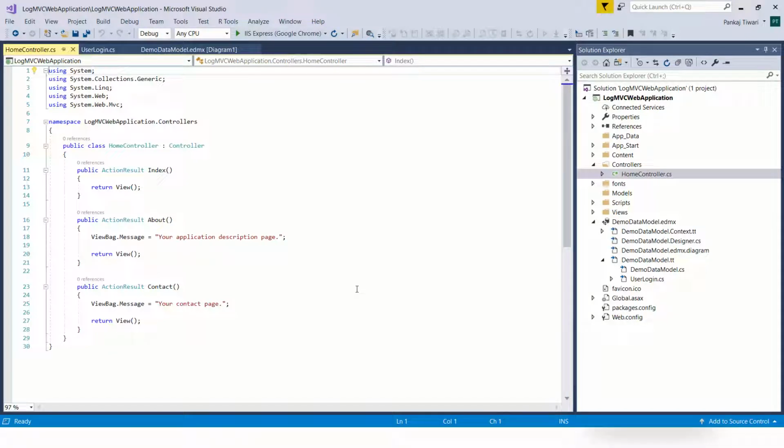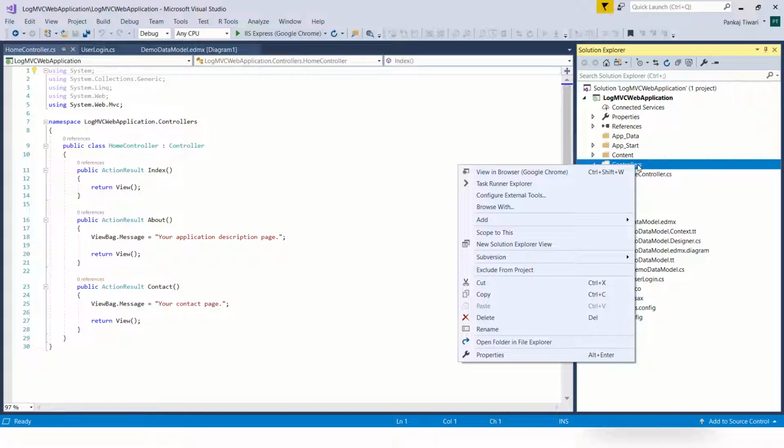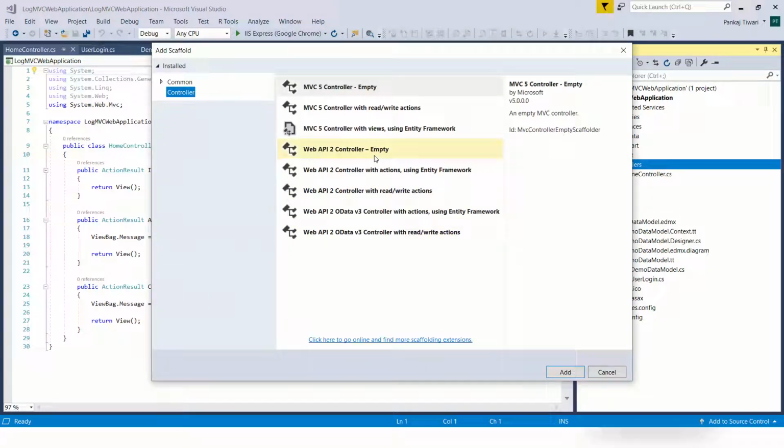Now we already have a home controller inside this. Suppose you need to add a login controller or account controller, we can add it like this: add and then controller, and I'm just using an empty controller. Select and click on add.